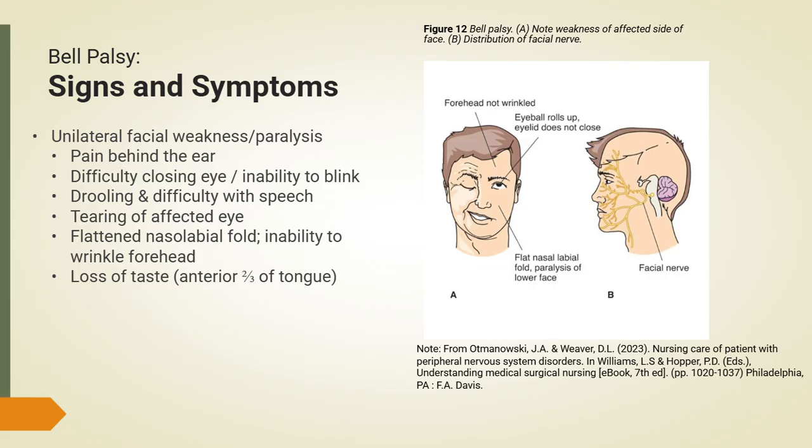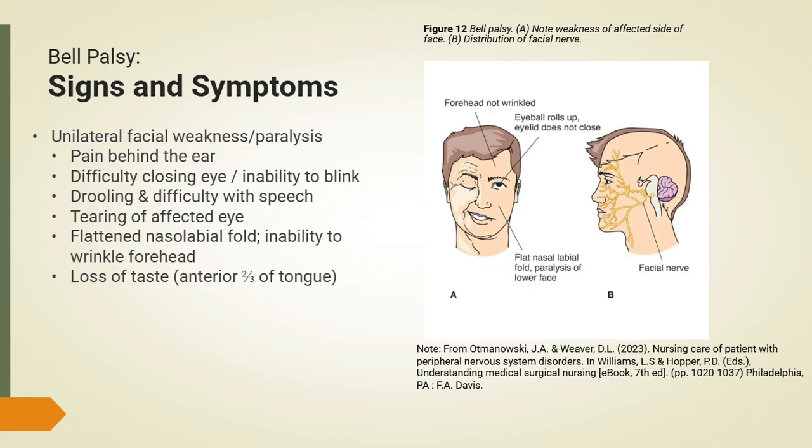The signs and symptoms of Bell palsy typically develop suddenly or may progress over 2 to 5 days. One of the earliest and most important signs to look for is one-sided facial weakness or paralysis. Patients may describe a sudden heaviness, tightness, or numb sensation on one side of the face. Pain behind the ear is also a common early warning sign that may appear before visible weakness develops. This slide highlights several key symptoms.